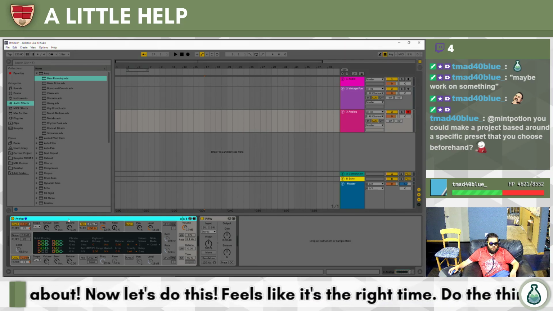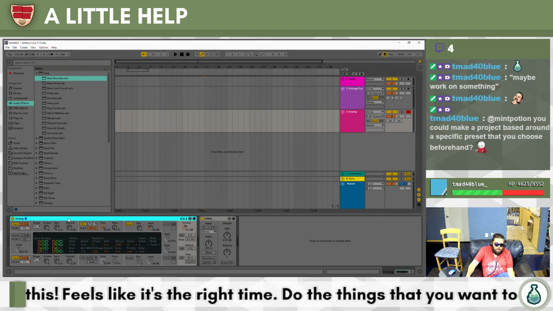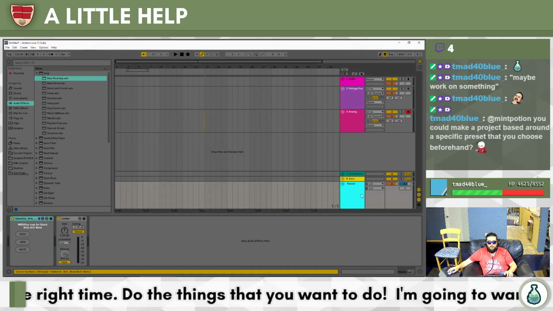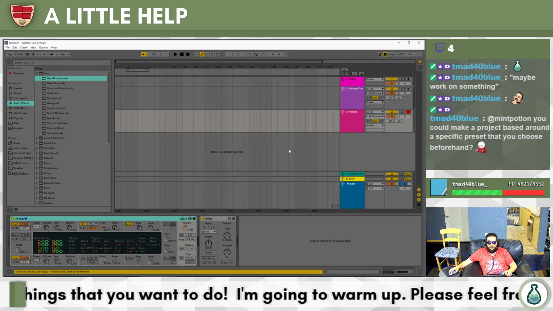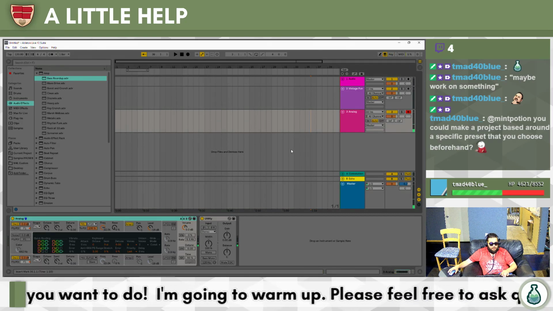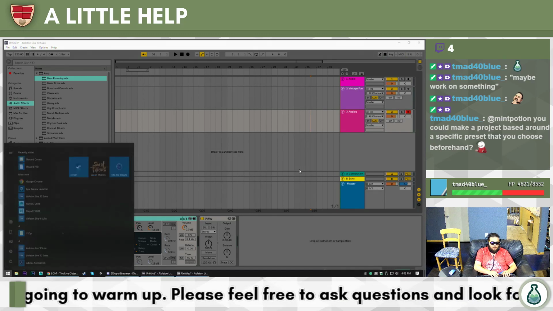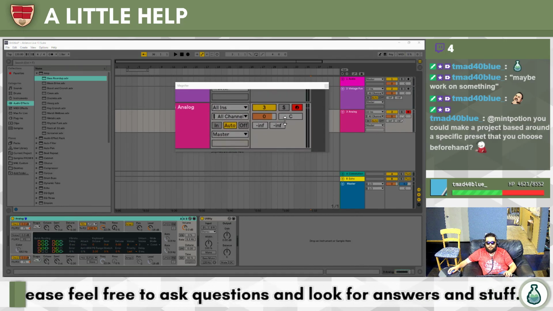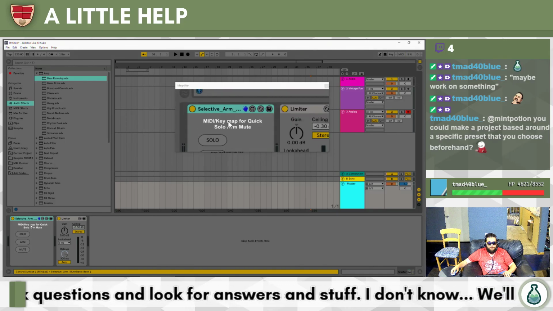It's pretty good. Ableton stock stuff is just pretty sweet. But then I was also thinking about this guy. I've probably talked about it in the past, but if I turn off MIDI, I have over here, where's my magnifier? Let's get that going. I have this plugin on my master called Selective Arm Mute.